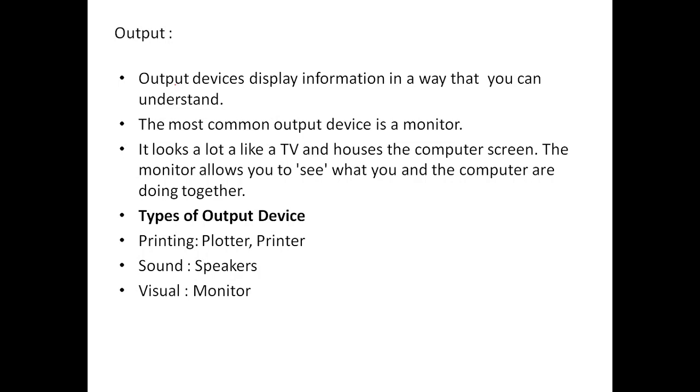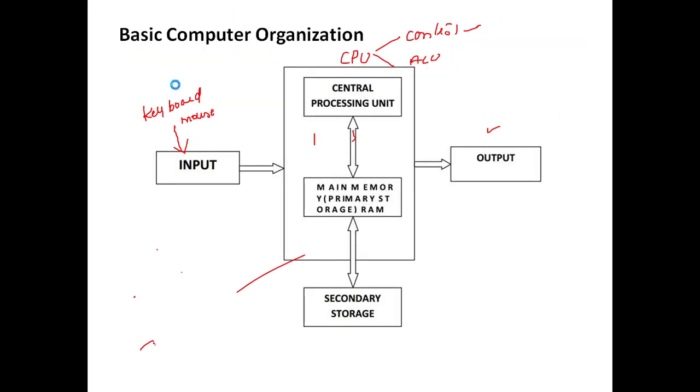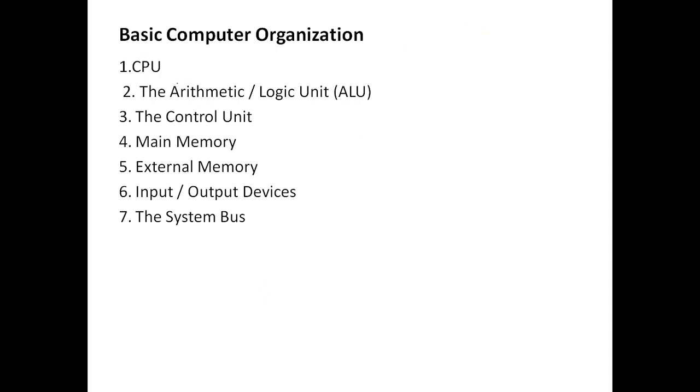That's why I started with the input device and the output device. And let me come to the memory. So we have completed the input device and the output device, right? The sixth thing we have done with. And let me talk about the major important one. The heart of the computer is the central processing unit. Why do we call it the heart of the computer? Because without the CPU, it is like an empty box. We can't do anything without the CPU. That's the reason we call it the heart of the computer.